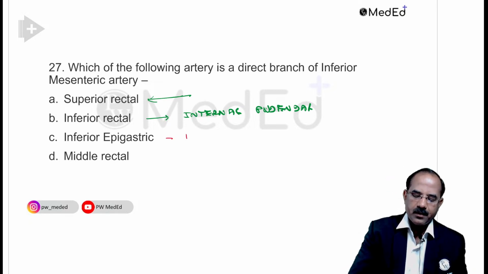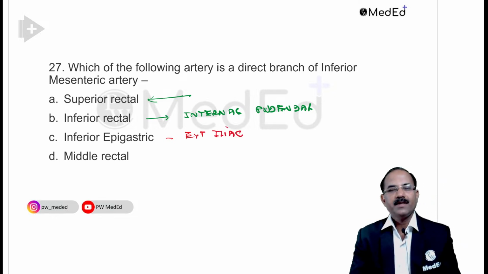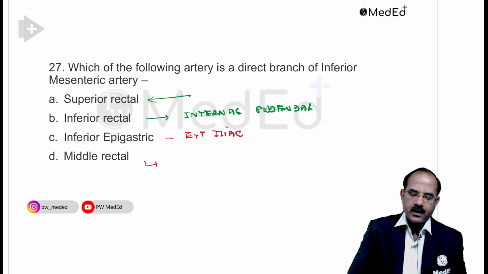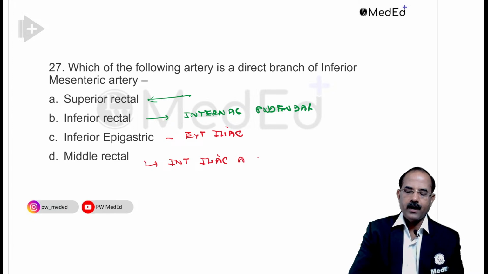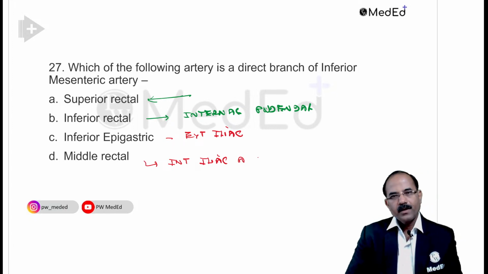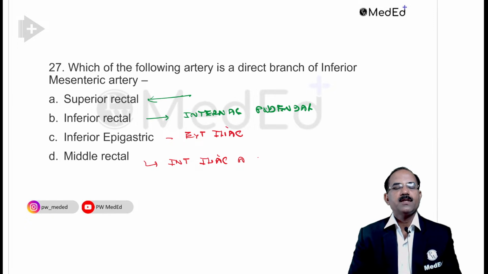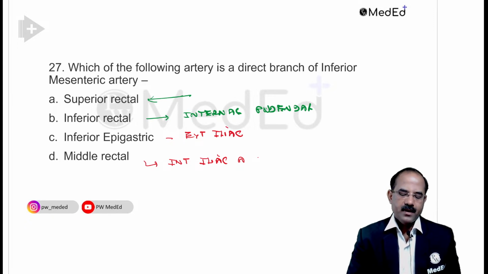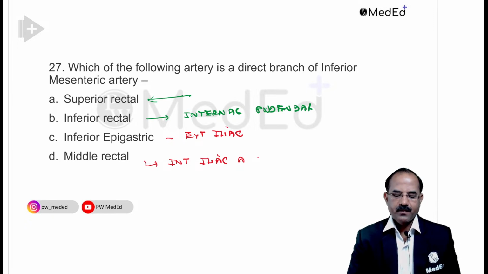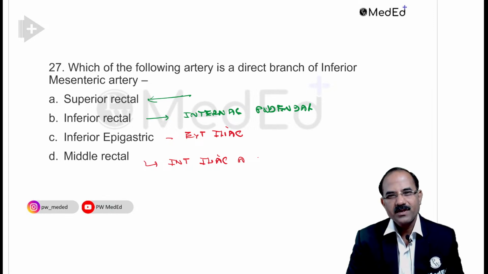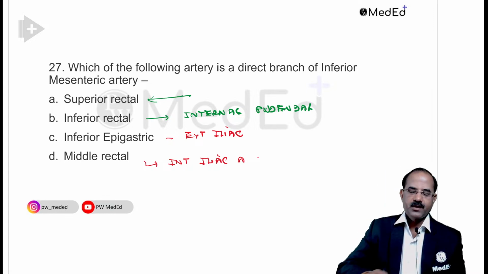Inferior epigastric artery is a branch of external iliac. Middle rectal artery is again a branch of internal iliac artery. Okay, clear to all of you? Just remember these MCQs. Remember the options also. Fine, students? Clear to all of you? Let us proceed